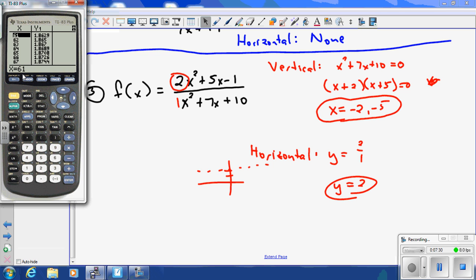Instead of going up by ones, let's change it so that we're going up here. I'll start at 60, so I'm at a nice interval of 10, and I'm going to go up by 10s. This will allow us to skip every 10. So 60, 70, 80, and so on. You can see now we're already up to 200, and we're still at 1.95, and that's going to go on